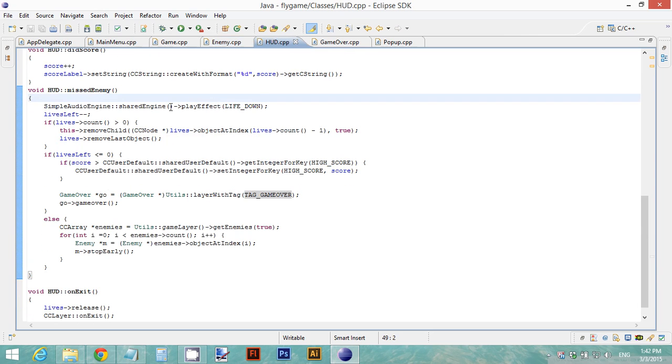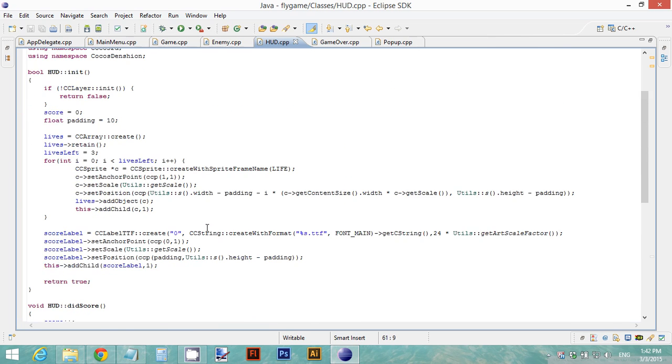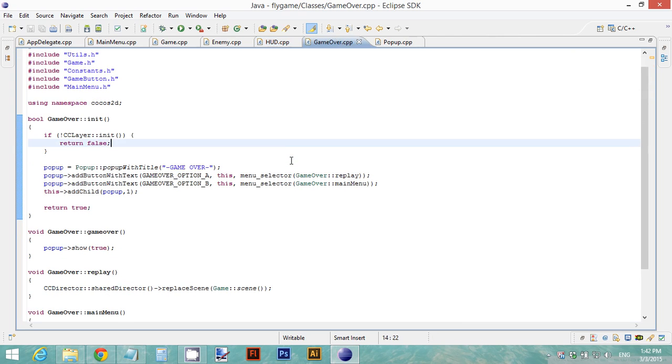So what happens when an enemy is missed? So we have a system of lives in our game. So if we missed an enemy, our lives are decreased. So that code is over here, and if we run out of lives, it is a game over for us. So let's take a look at the game over now. And the game over,